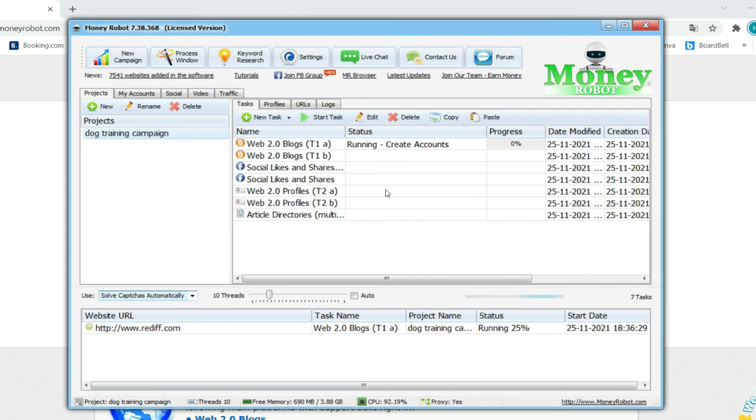But in case of RankerX, if you see my RankerX review video, there you have to purchase the captcha service and also the proxies separately. And this Money Robot software, if you get it for lifetime, is cheaper comparatively to RankerX, because RankerX is available at around $1,000. This is just around $499.